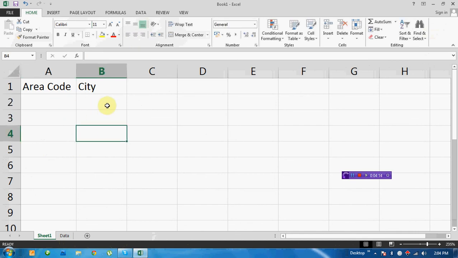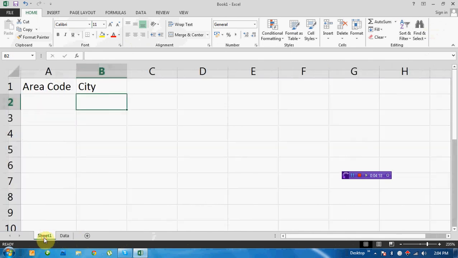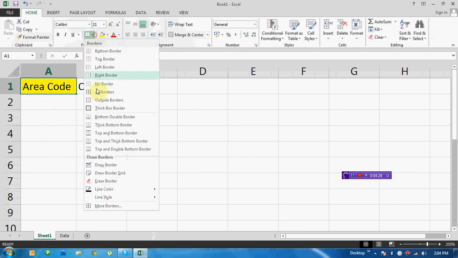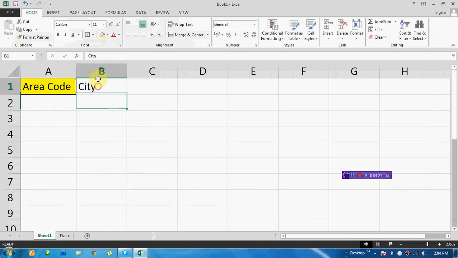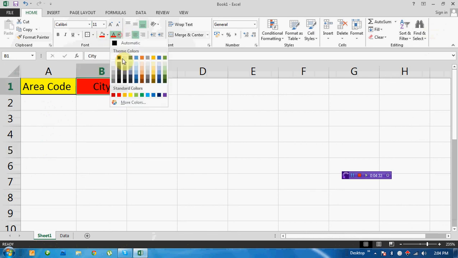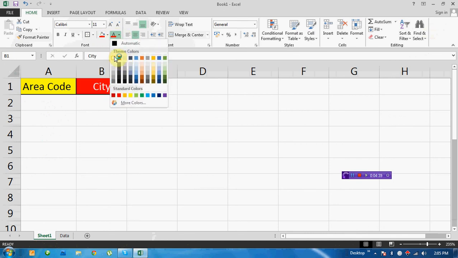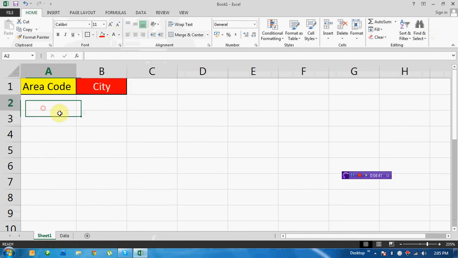Then we're going to format this to make it more attractive for this activity. So the area code, then the city.